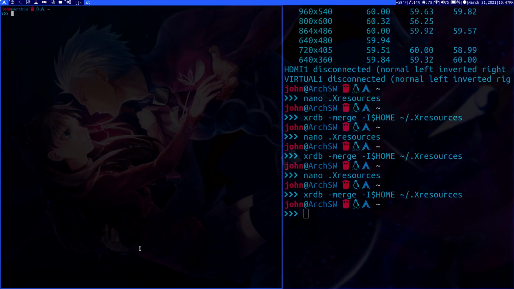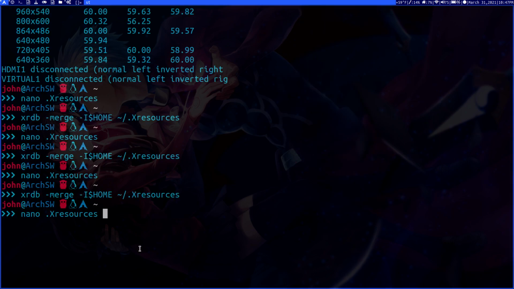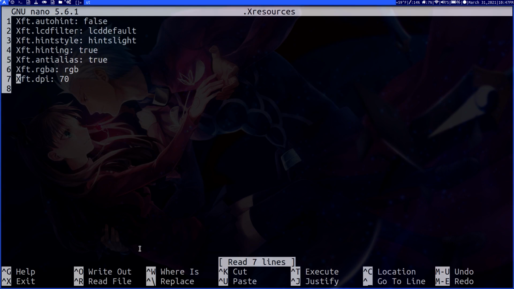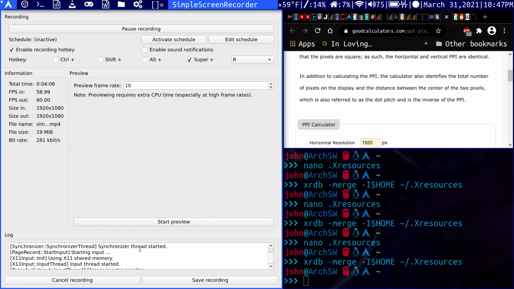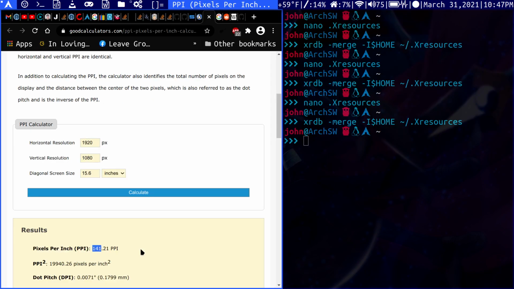So as we see, ST here just changed its text size based on that setting over there. So let's go back and set it to my original setting, which is 141. Save, merge, and then reload DWM,